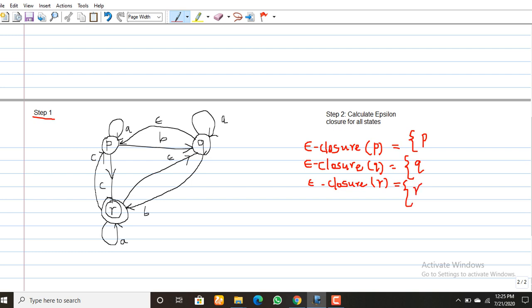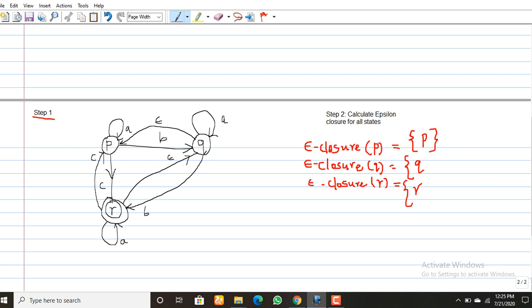Next, check the given automata: is there any epsilon transition from P? I think no. So there is no null transition from the state P. So epsilon closure of P is P only.